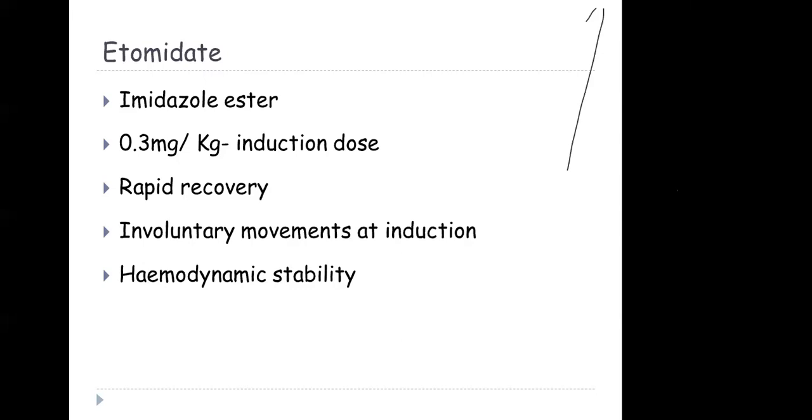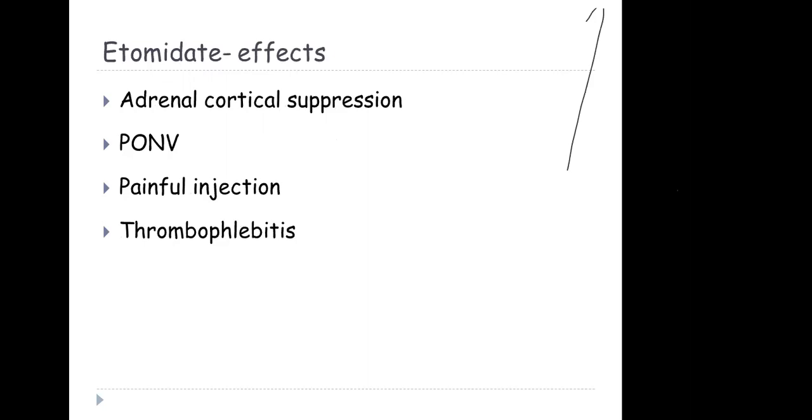It's also a GABA agonist; all the drugs I've been talking about are GABA agonists. You have a rapid onset and a rapid recovery. The downside is the involuntary movements that could freak anyone out. It also causes a transient adrenocortical